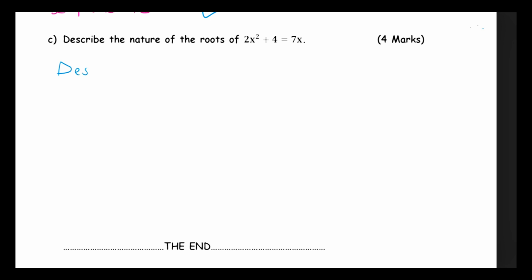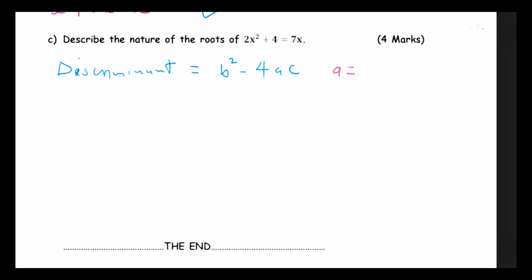The discriminant is given by b squared minus 4ac, the value that appears under the root in a quadratic formula. So we want to look for the discriminant of this equation,